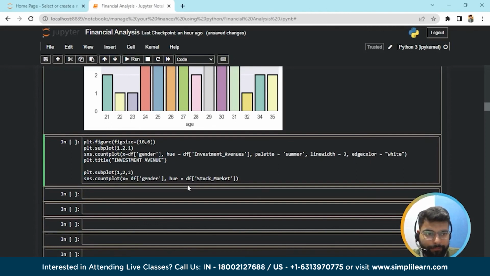Stock market. And now we'll set the palette, and we'll set the palette as hot only. Now after setting the palette, we would set the line width. Line width of the plot would be equal to 3, and after line width we would set edge color, that would be equal to white,